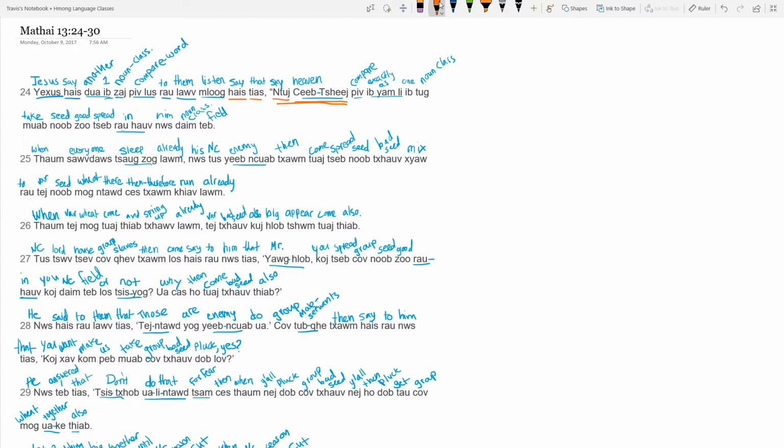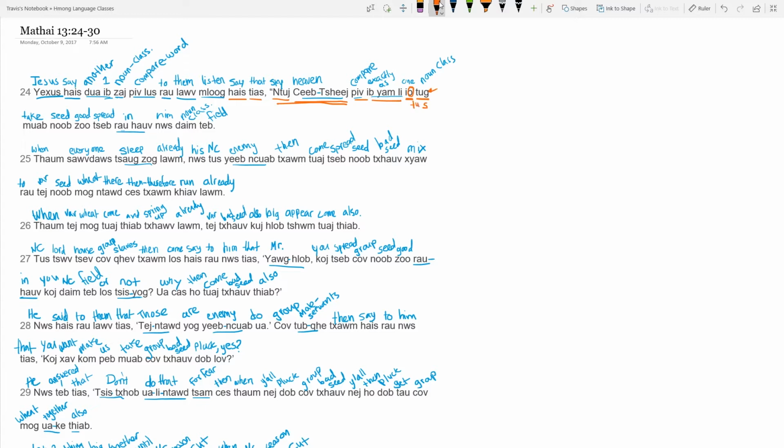Bi, to compare. I ya li. So iya is exactly, li is as, so exactly as. So he's going to compare it to something. Bi ya li, I tu. Now normally this would be tus, but because of the B tone that came before it, it changes it to a G. That happens often, tone changes, because of the previous word. It's frustrating when you're looking at words in the dictionary, but normally, again, that'd be an S there.